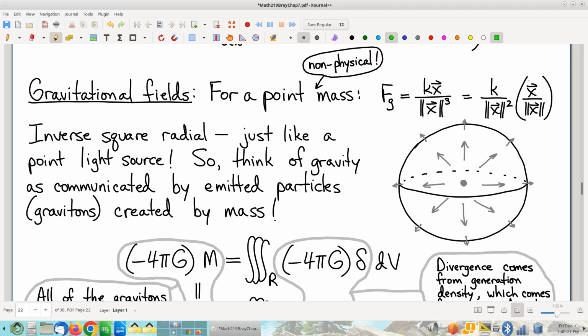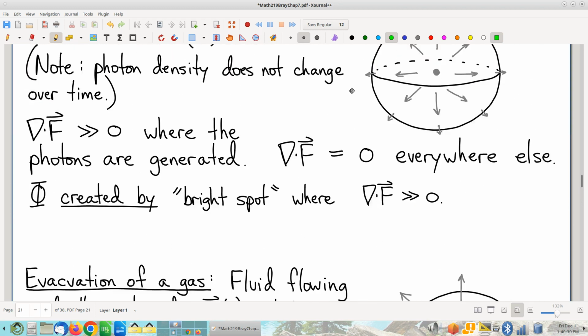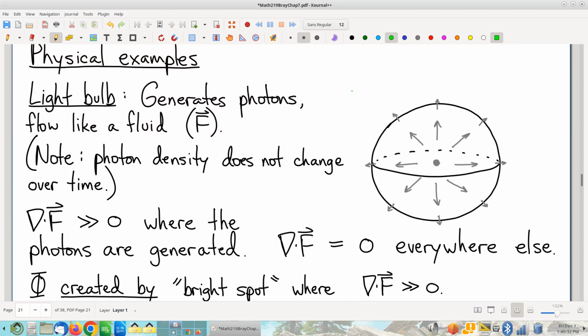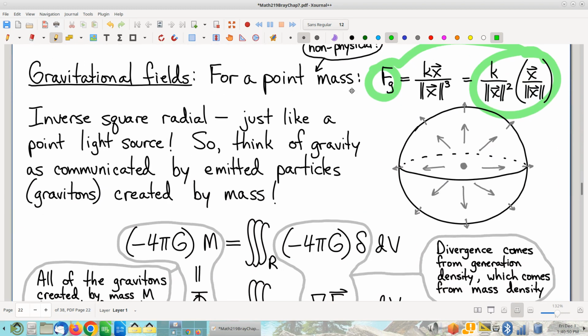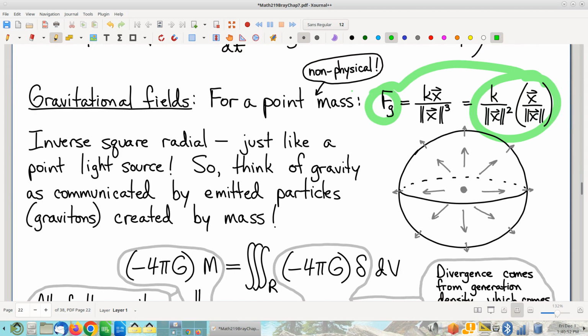Reminder, the big idea is that this vector field representing gravitational fields structurally looks just like this vector field back here, describing how little particles, happen to be called photons, shoot out of a light bulb as it happens. But the point is a flow of particles emanating out of a point source is exactly the same structurally as this vector field right here representing gravity. So with that in mind,